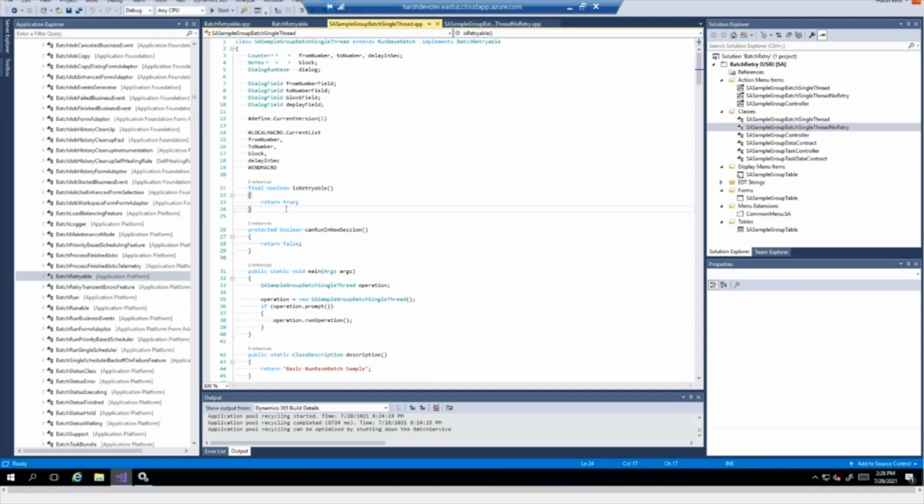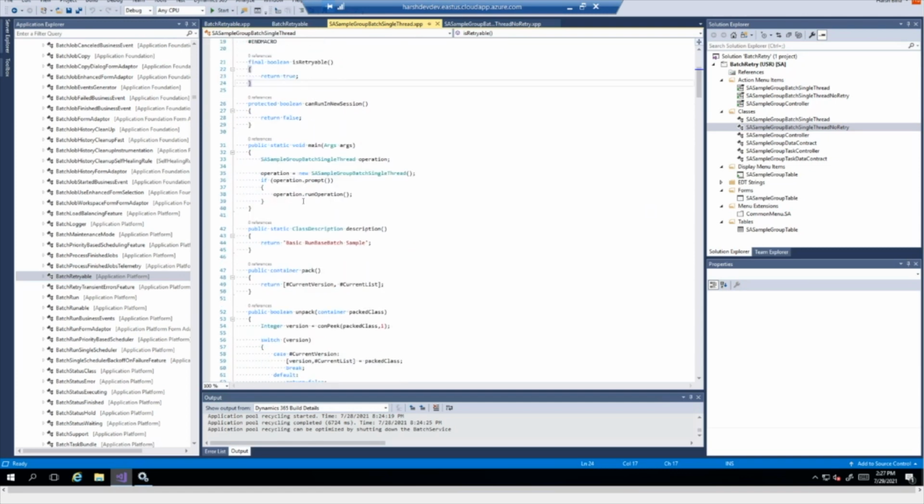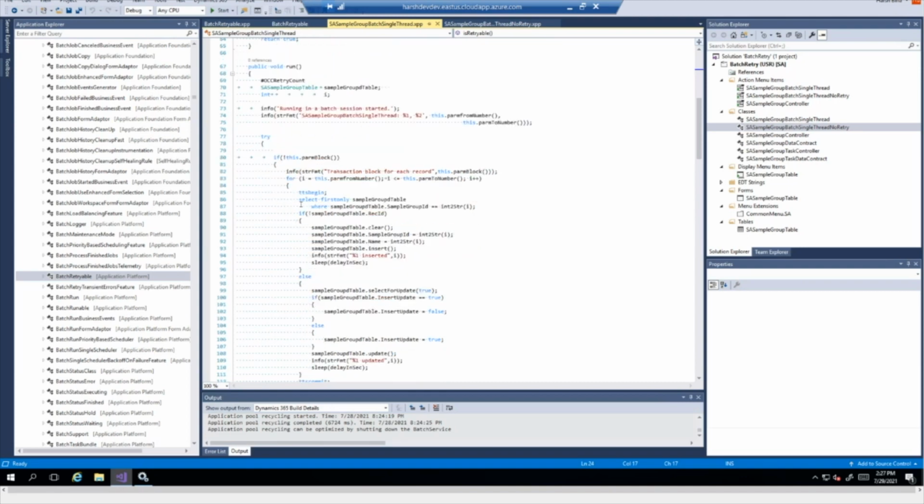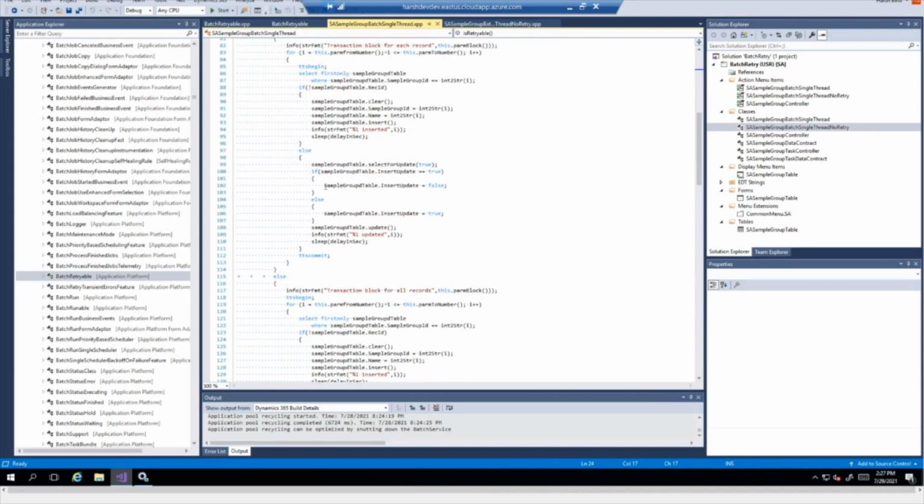That means this class is now marked for retry. So if there is any SQL transient connection issue, it will retry based on a certain frequency and a certain interval. The logic is pretty much the same.